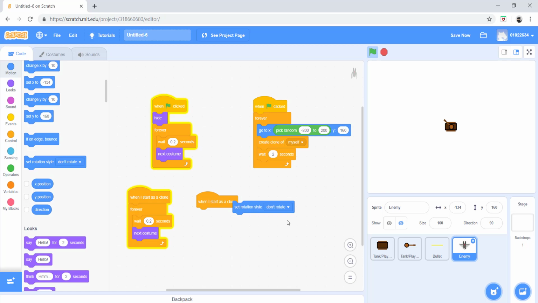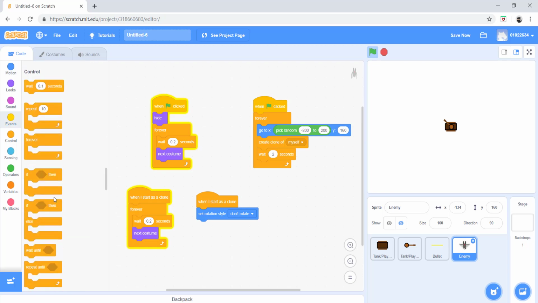So I'm just going to talk about this real quick. All around is usually the default for all sprites. Left right means you can only be facing right or left, and don't rotate is just no rotation. Your character will look like he's not rotated, but he actually is. So I'm just going to set rotation style to don't rotate, and then we're going to set it to forever